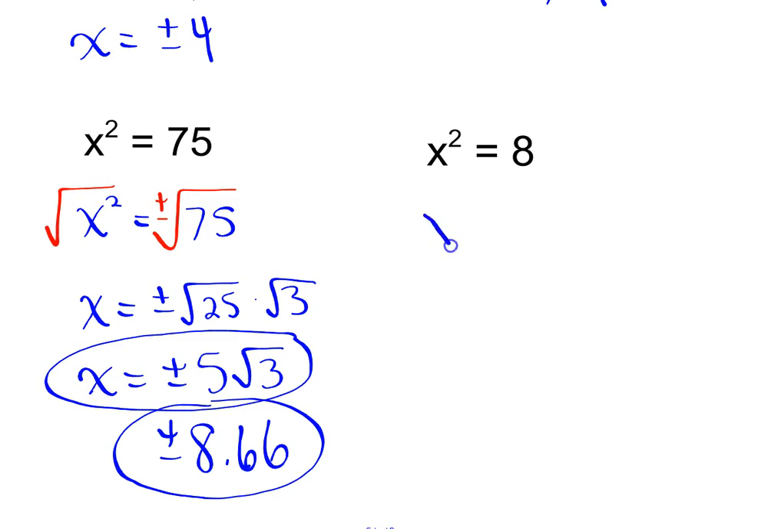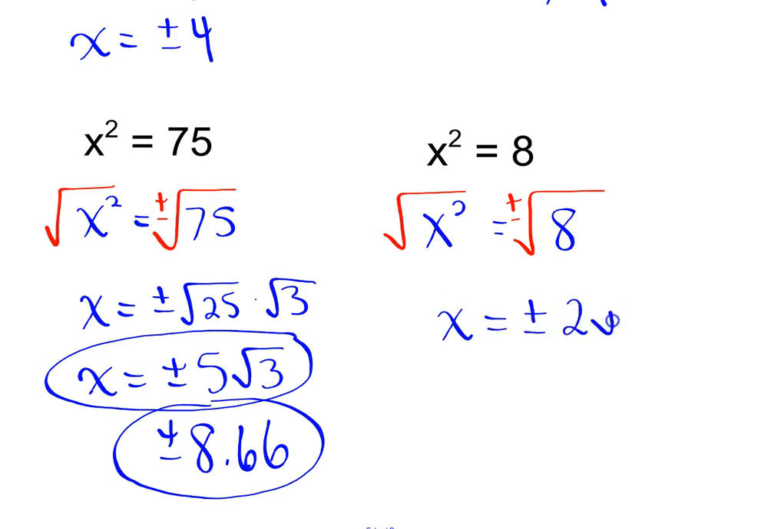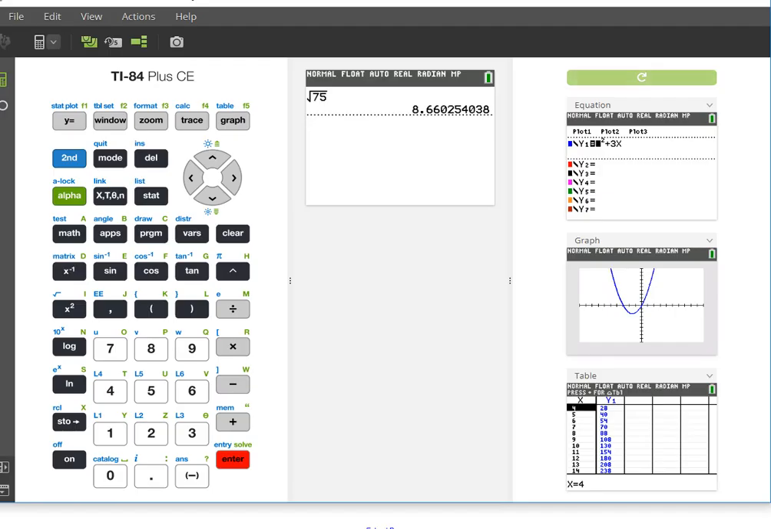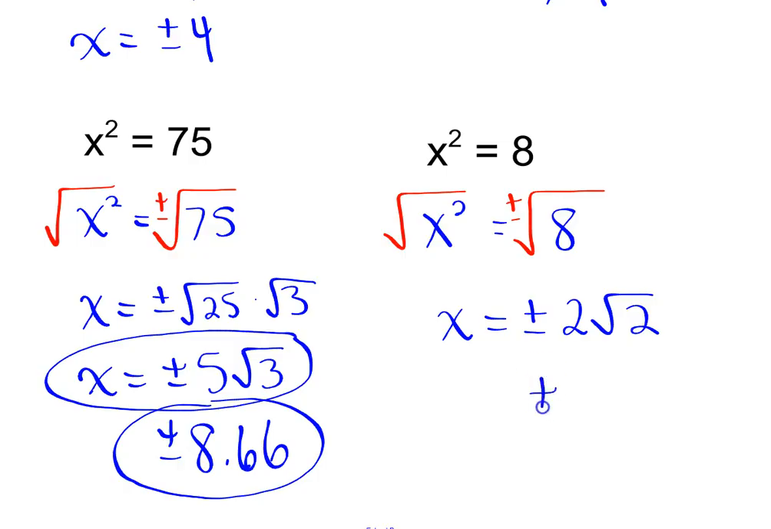We'll do the same thing here. x squared equals 8. So we're going to go ahead and take the square root of both sides. Don't forget that plus or minus, so we get both of our answers. The square root of x squared is x equals plus or minus. If we simplify the radical, we get 2 times the square root of 2. Or if we do it on our calculator, the square root of 8 is roughly 2.83. So plus or minus